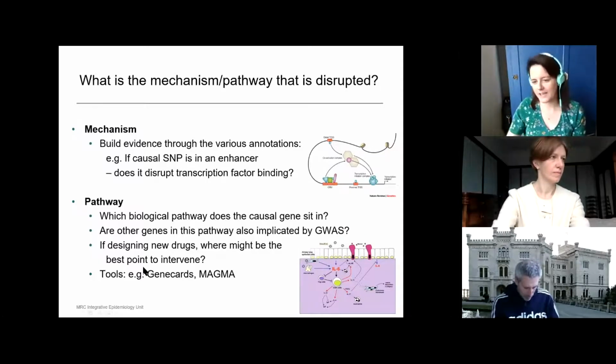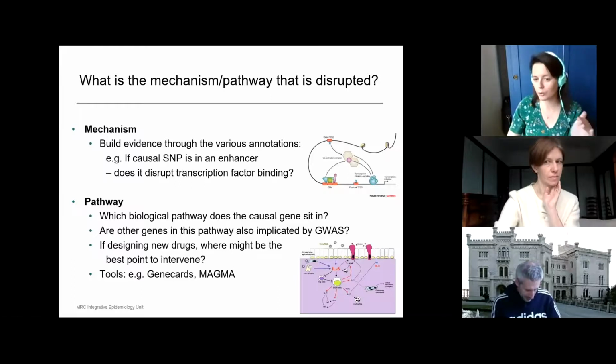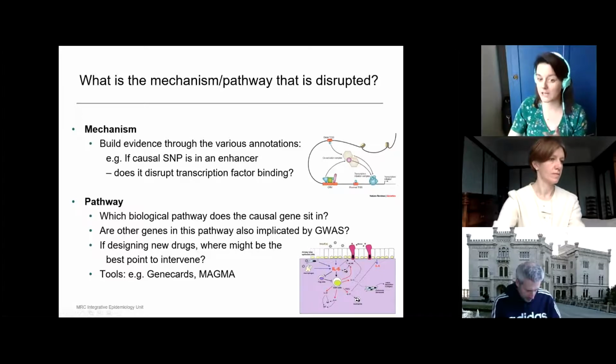Say here we think IL-6 is important, and IL-6 is part of a pathway. Are the other genes in that pathway also associated with eczema in the GWAS? And if you were to design a new drug, is there a good point or a bad point within that pathway to intervene? Just because a gene is associated doesn't necessarily mean it's a good drug target, and you might have to look elsewhere in the pathway to find the best drug